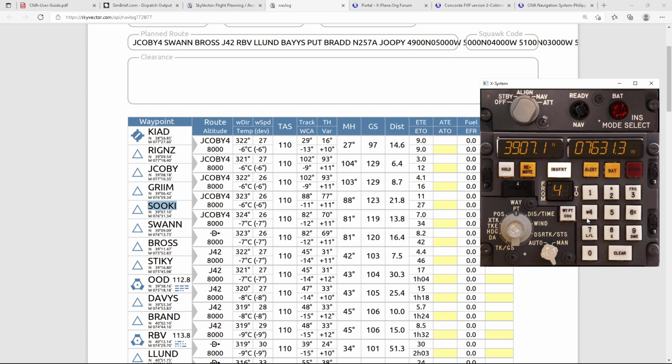076313. Okay, perfect. Insert. Boom. Waypoint number 4, Swan, north. 39090. Insert west. 0761. Oh shoot! One more time here, folks. There we go. All right,